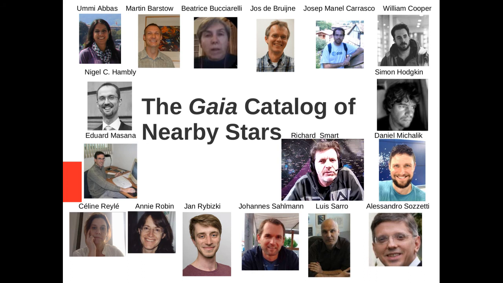Gaia is a large European project with over 500 scientists on the data reduction and even more for the technical and engineering aspects. The people shown on this page are the people who are involved in the making of the Gaia Catalogue of Nearby Stars, but this wouldn't have been possible without all the effort of the hundreds or thousands of other people involved in this product.